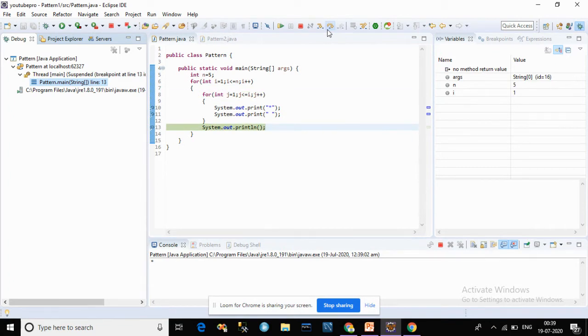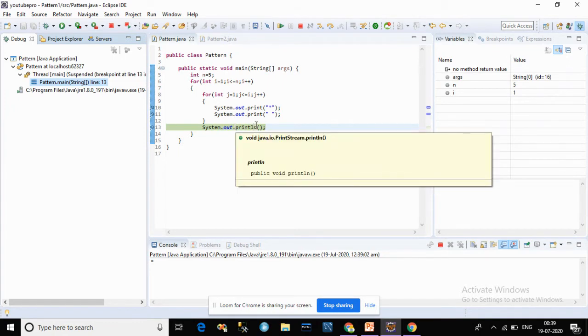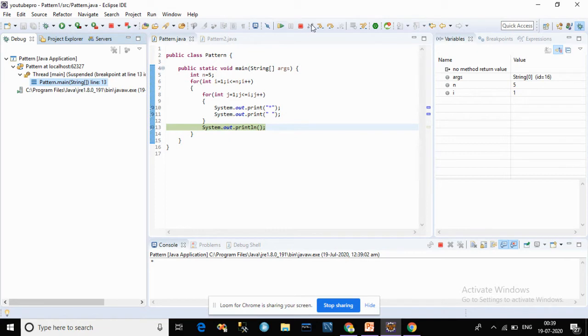Now its condition is false, so it goes outside. This is actually for moving the cursor to the next line. So we can write this. After that, again it goes for the outer i for loop. So now we check the ith value, which is equal to 2. So now it goes from 1 to 2. Let's check here. So our inner for loop iterates 2 times. Let's check here and also check the console.